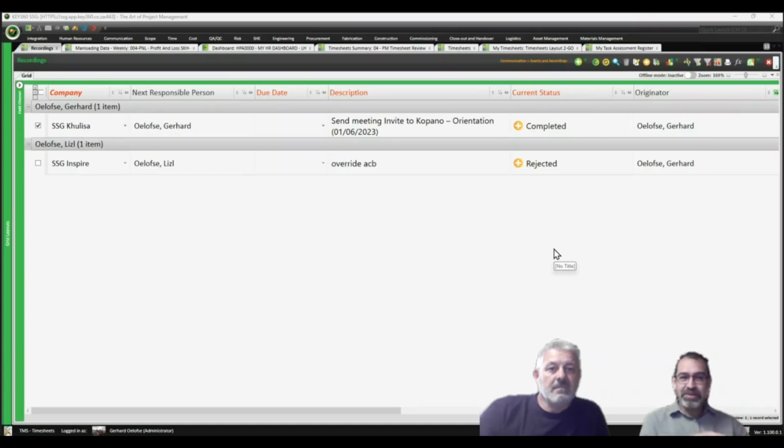What's happening with that specific task that's been allocated to that person? Has it been delegated? Has it been rejected? Why has it been rejected? So when you scroll further to the right here, you'll find comments explaining why this should actually be done differently or better or whatever the case is. Or if it is completed, also in the comments box, showing you the history of those different statuses as it went through its life cycle.